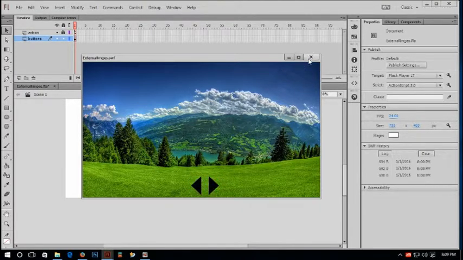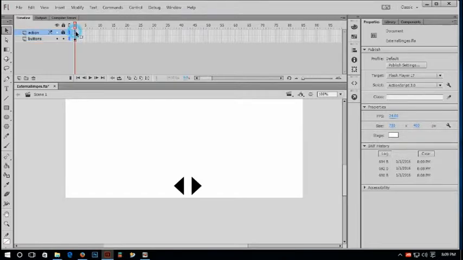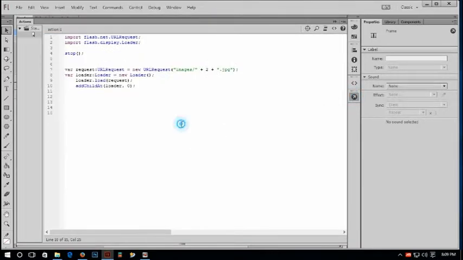Okay, but now I have to make my button change images from my image folder. Okay, but first let's keep it 1 here, save it, and